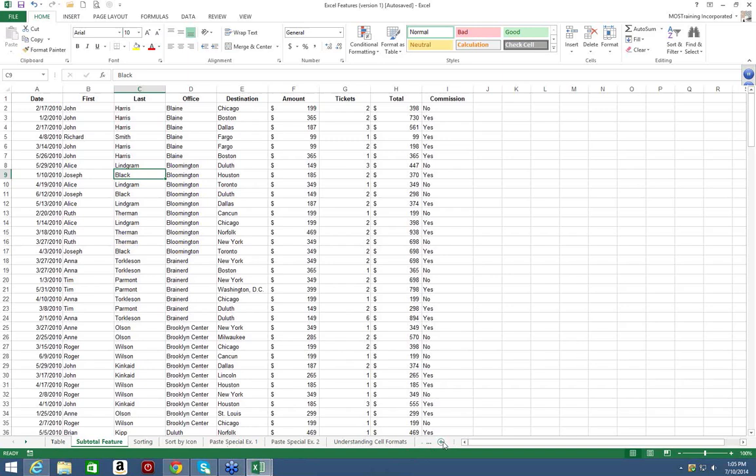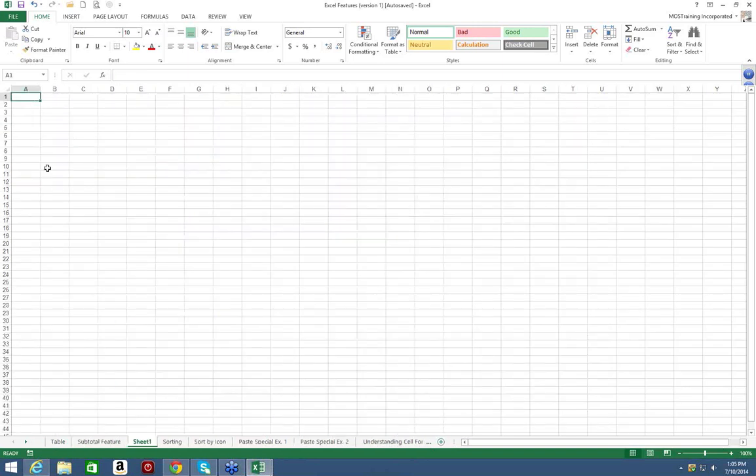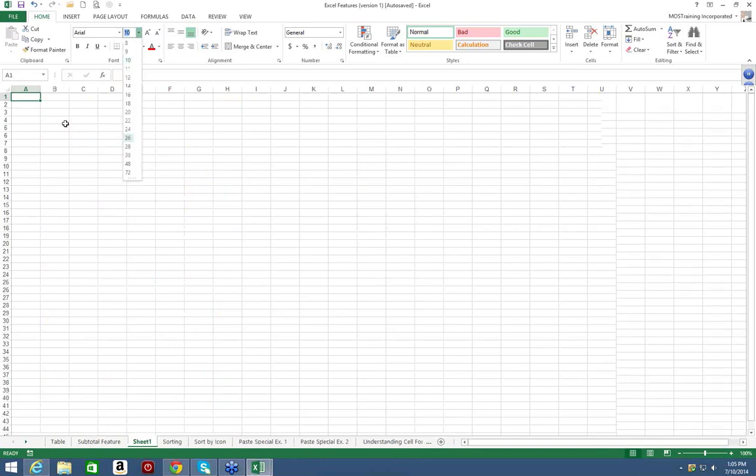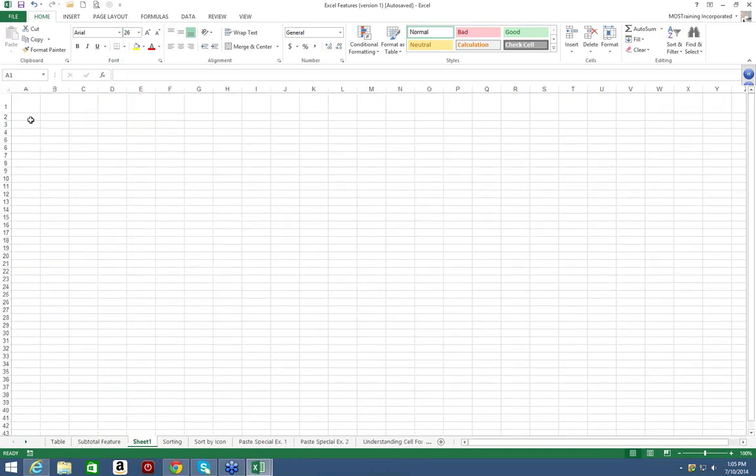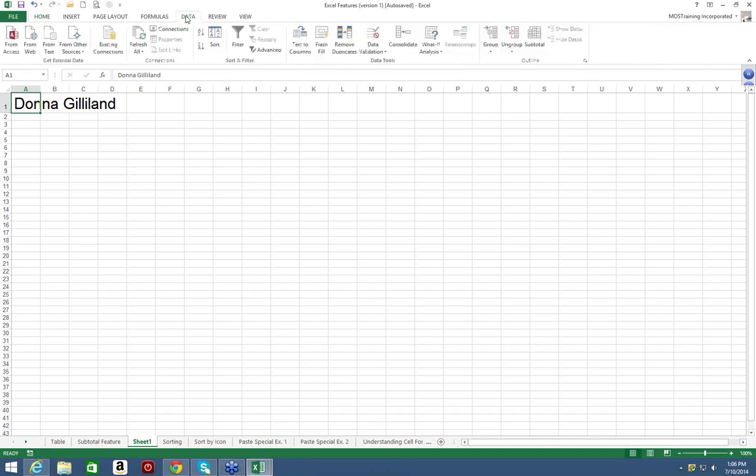Let me get a different spreadsheet for this. Make it a little larger here. Now, am I being asked how to split that name into 2 columns? Yeah, so like, all right. I know I've done it before. I can't remember what the actual function is, but where Donna shows up in column B and Gilliland shows up in column C. Well, there are multiple ways, and one quick way is,